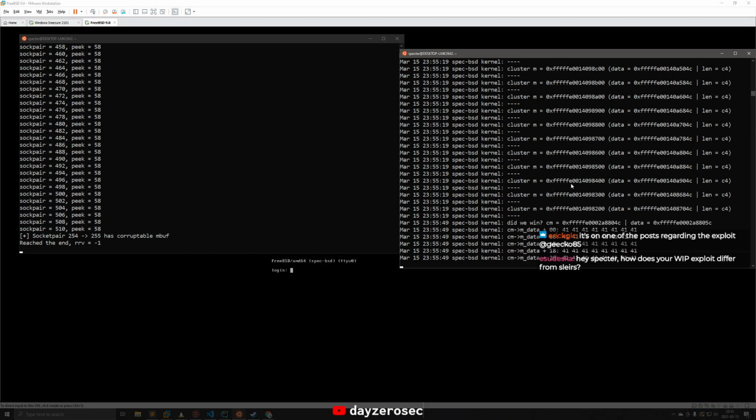The way SlearsGovey exploits it is he does some heap feng shui to get an overlap with a packet so that he can do a 1-byte smash on the stack of file pointers and corrupt one of them. That way he can get control of the file operations table. The way I'm doing it is I'm basically using 2 threads to try to corrupt the entire stack by interleaving the code so that the free happens after a certain check.